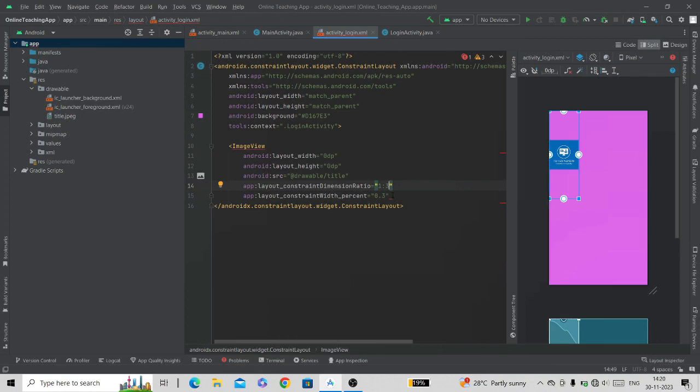Now if you want to fix any one property from width and height, then also you can change the width to height ratio. For that we will remove this and we will fix the width to 50 dp. It is very small, we will do 100 dp. Now because the width is 100 dp, the height is triple, that is 300 dp. We can also fix the height and then also we can change the width. So this is how we use the ratio in constraint layout.